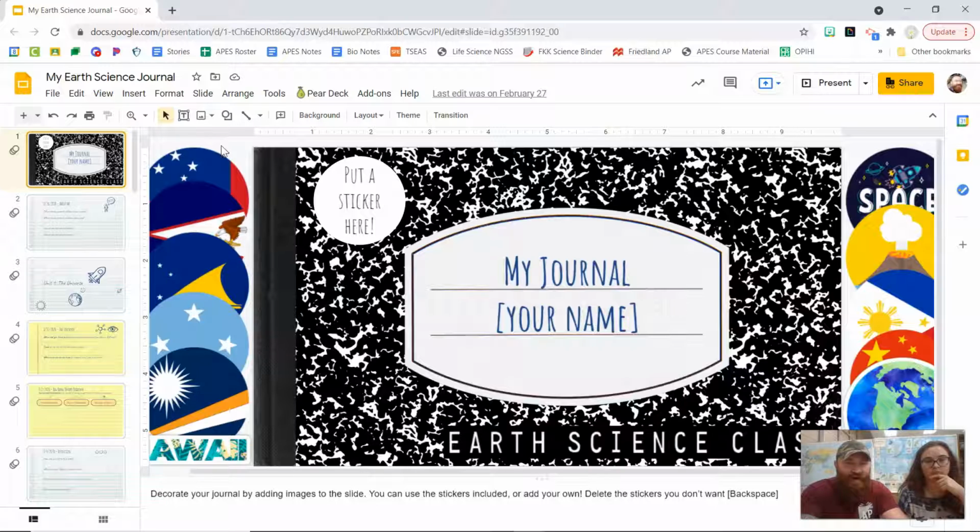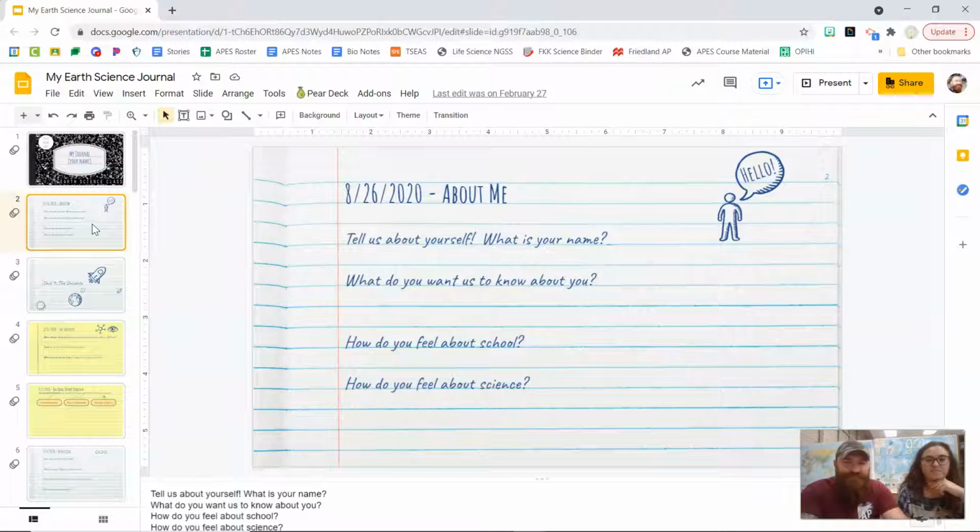So we put our own stickers here, but we'll provide some more generic stickers for you and students to use. Some of the students really decorate their cover page, and it's really cute and fun, and some don't, and that's fine. So there's some slides that are more reflective, working on our social emotional learning, our get to know you,